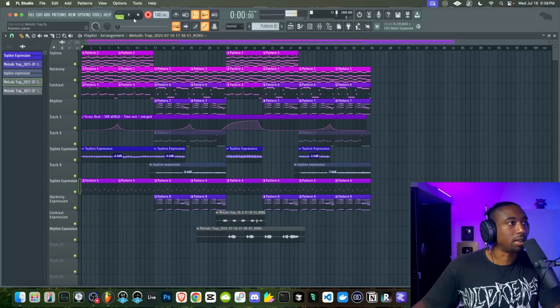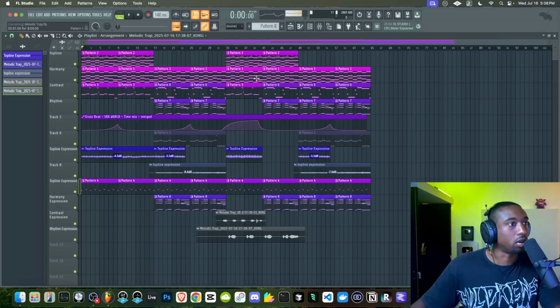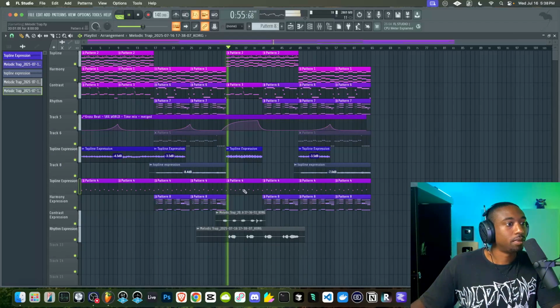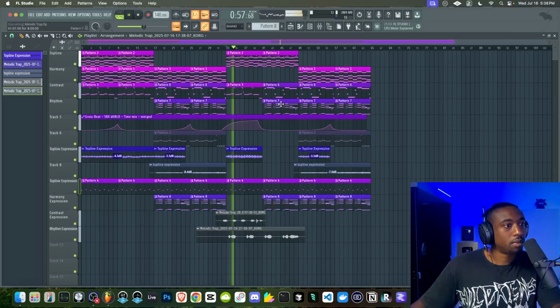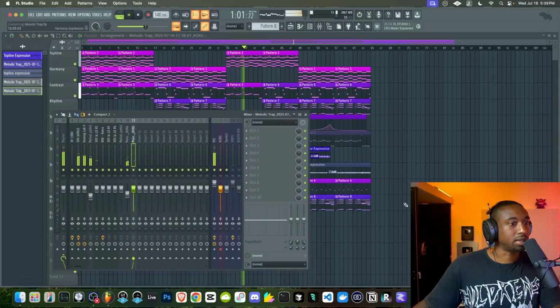So for this section where I add the ninth chords, let's see what happens if I take out the chord layers, the harmony. Should become a little more majestic sounding.